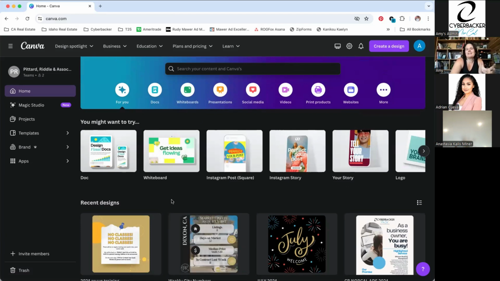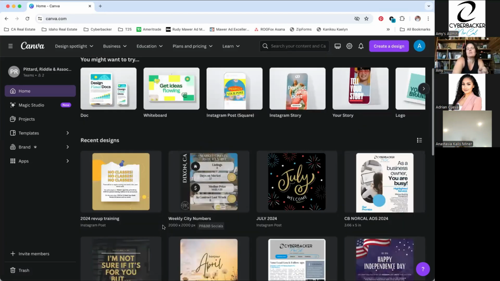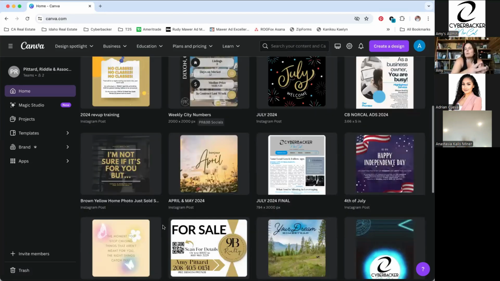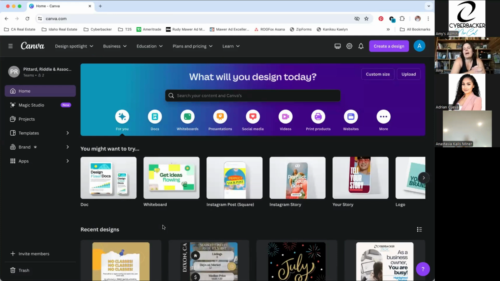So many things you can do. And it saves your designs, right? So that it pulls up all your recent designs, anything you've created. You can make folders. So if open houses is part of your lead generation, and as part of that open house, you need a sign-in sheet, you want a flyer, you want a postcard that you can mail out,